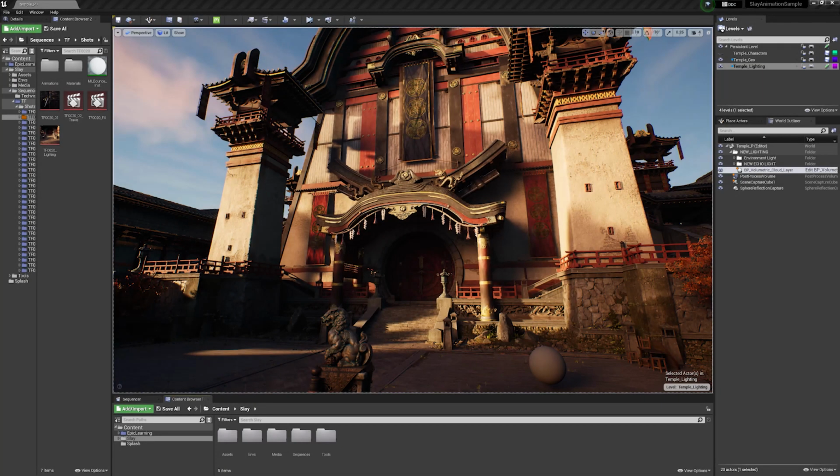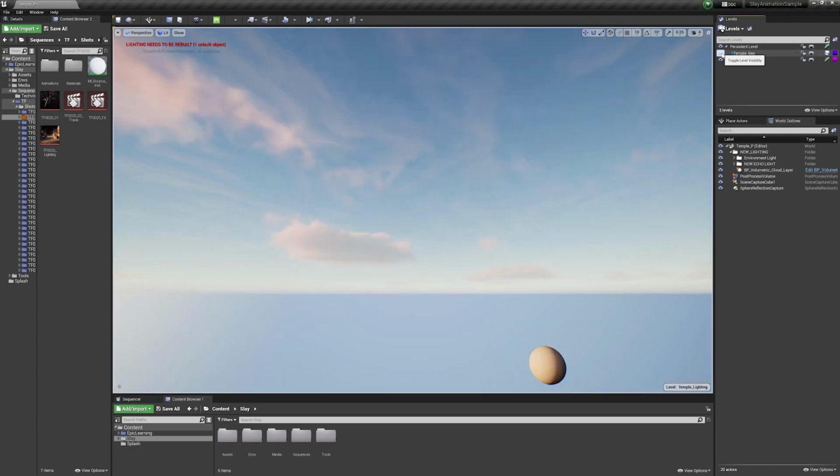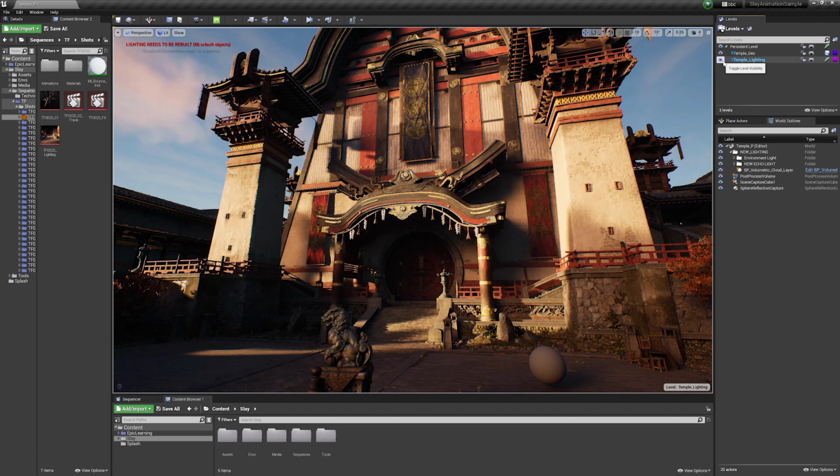To get started, we're going to take a look at the environment level. When you open it up, you'll have several sub-levels loaded. So you can go ahead and click and remove any of the extra sub-levels that you don't see here. What we're concerned with is temple lighting, temple geo, and temple characters. For temple characters, you can go ahead and turn that eye off. And if you'd like, you can remove it because we're going to be dealing mostly with the architecture. Once you remove temple characters, we're left with temple geo and temple lighting. If I go into temple geo, you'll see that all the architecture disappears. By toggling the visibility back on, we can bring it back.